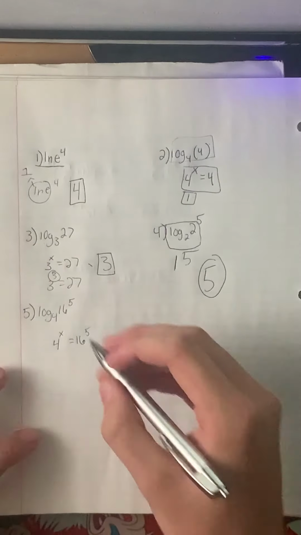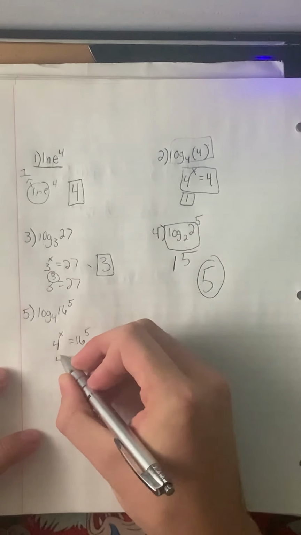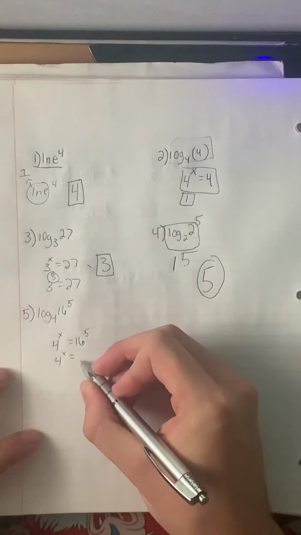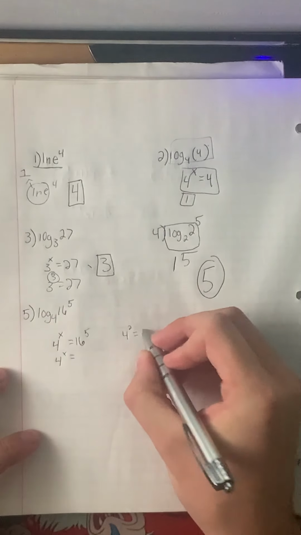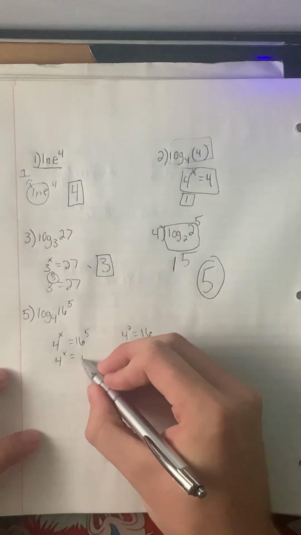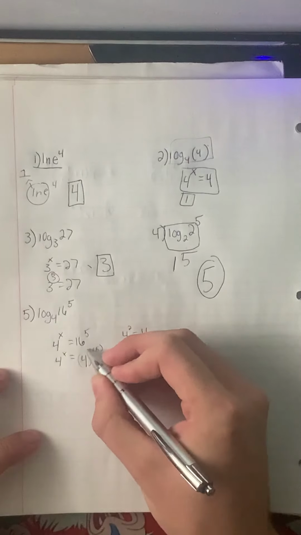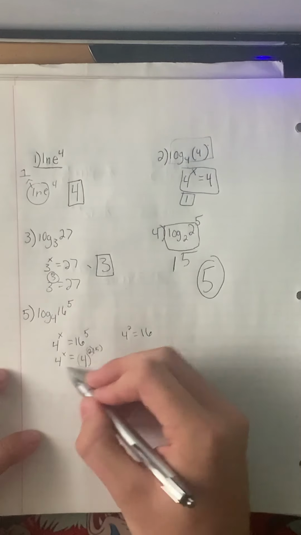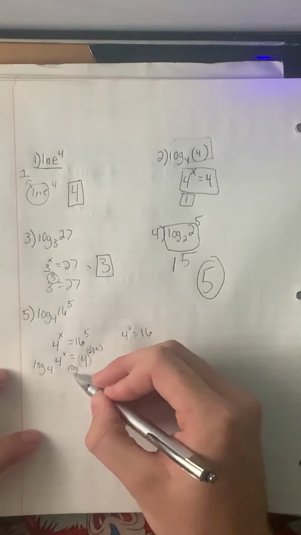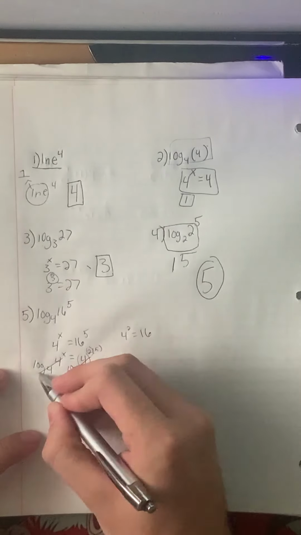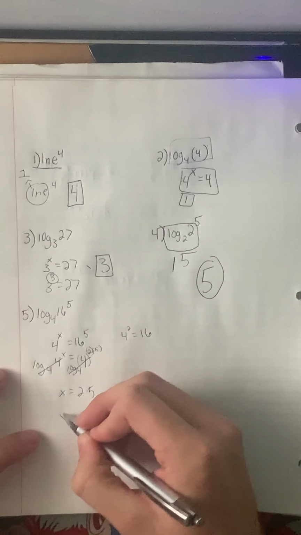And now we can use our rules from the other video. 4 to the x equals, we know 4 squared equals 16. So we can replace that and do 4 squared to the 5th. Now we have the same bases, so we can do our log base 4, and we cancel that all out. We're left with x equals 2 times 5, so x equals